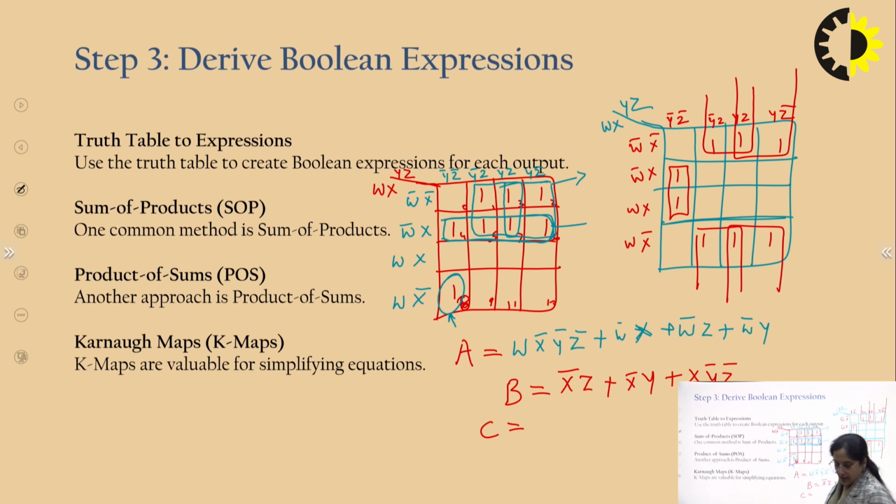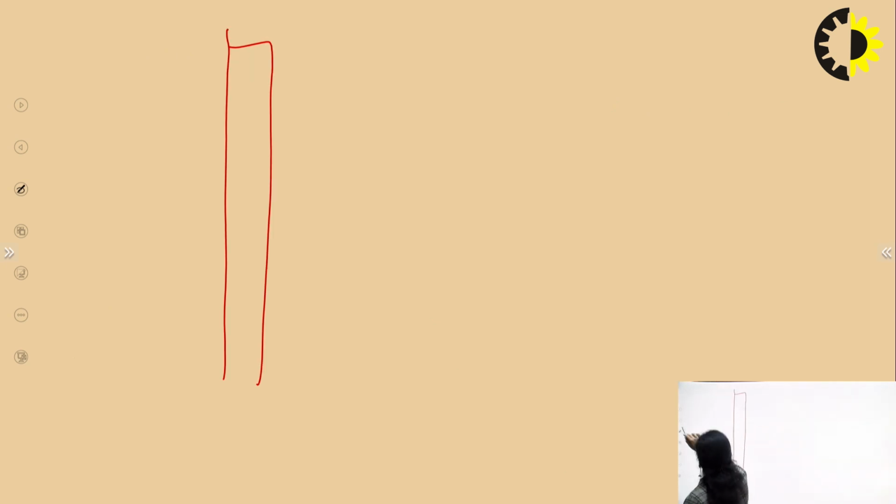For C it will be y bar z plus y z bar, and in case of D it will be z. Okay, with the inverted one,